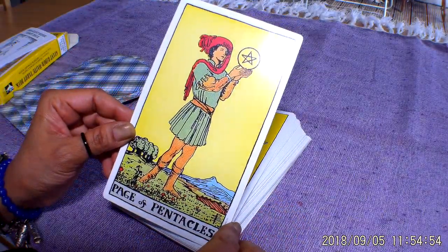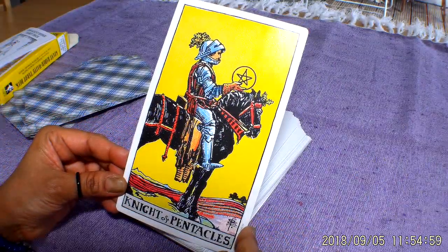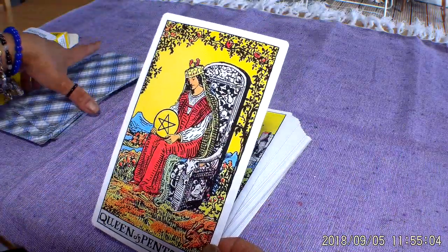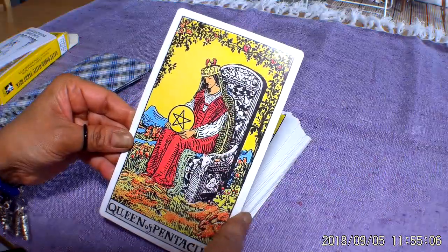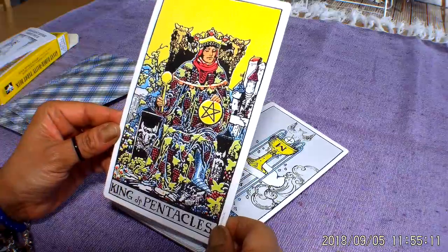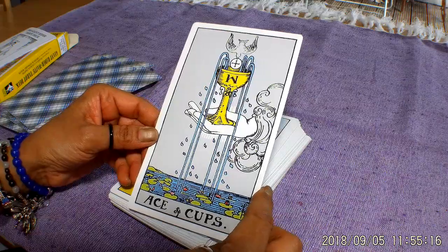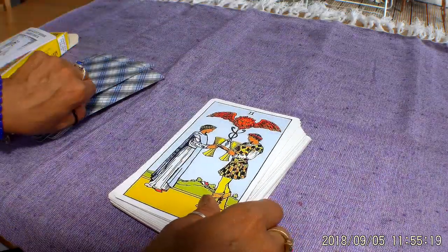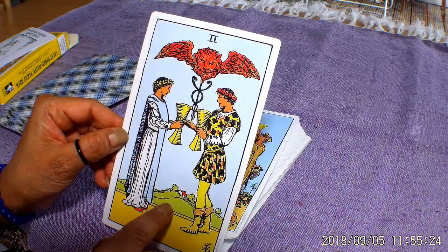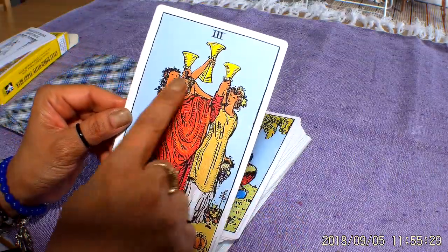So this is the Page, and it hasn't got a really big border, so you get to see a lot of that painting that she made. The border doesn't overwhelm the actual picture. This is the Queen, the King, and what's beautiful about it is the expressions of the faces are there. So you've got the Ace of Cups. You can actually see the facial expressions that are on the card, and you can see all the little details. As much as the person is very important within a deck,